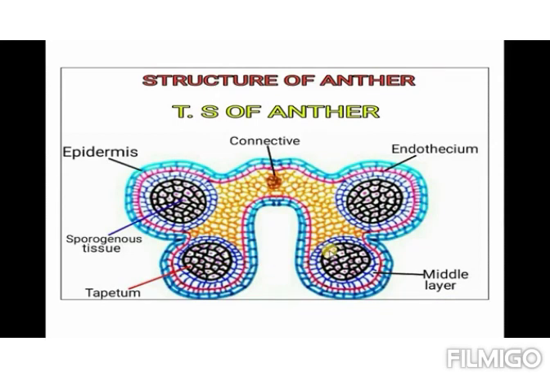Here also I will show you. This is called the tapetum, and this is the most important layer. Its function is nutritive. Nutritive in function means that inside, the pollen grains or the microspores are there, and this tapetum is providing nourishment to the developing pollen grains or microspores.